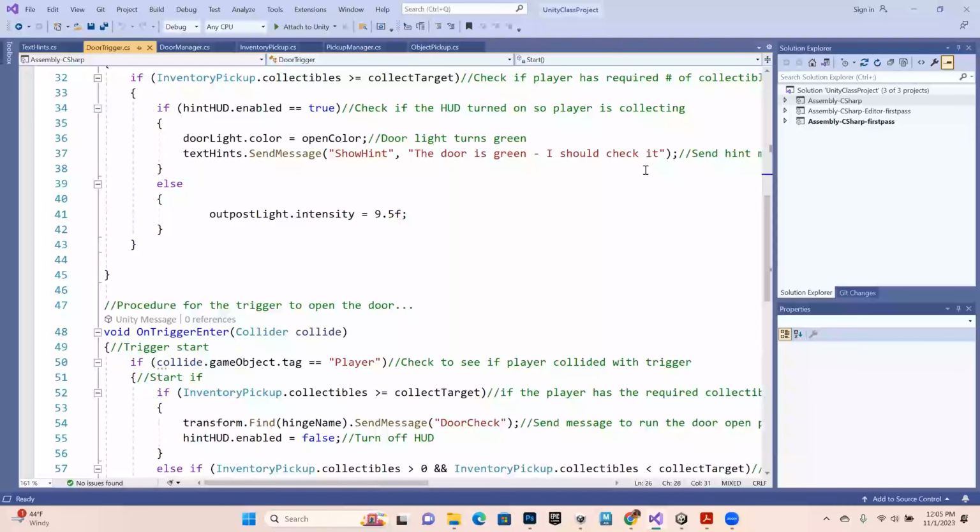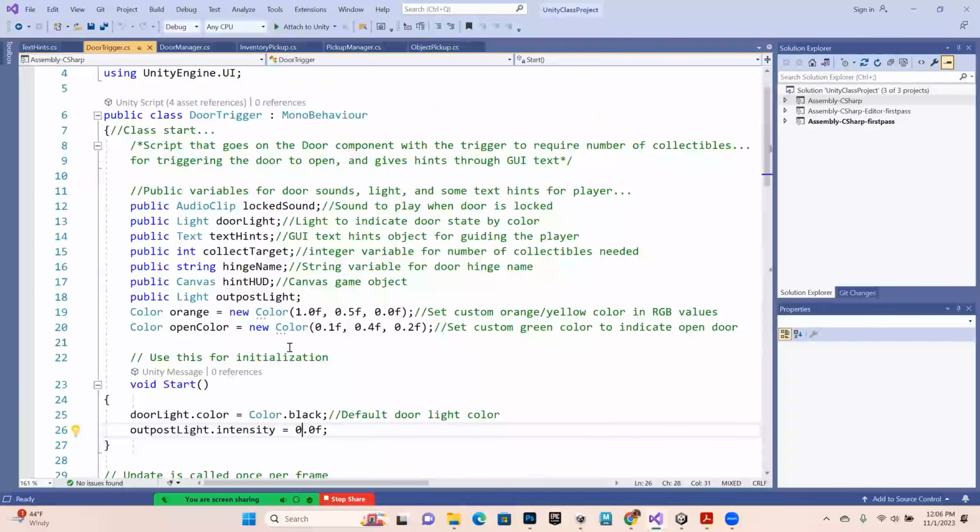And this is something that Unity does differently than Unreal. It uses these things called messages to send information like text information from one script to another, from one object to another. And this is how you do it. You have to use this dot send message, again, the dot syntax. And then in this case, actually, it's not just for showing. The way send message works is it's saying, okay, text hints, which is coming in at the top,